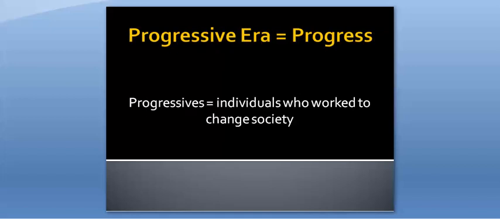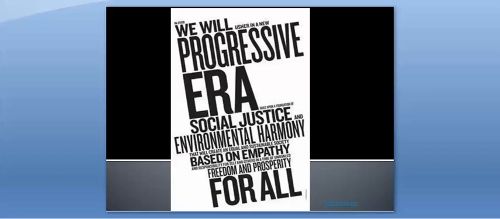So let's get started. The Progressive Era is called the Progressive Era because it's a time period where many different groups were attempting to help the country and society progress. They wanted to move forward and make life better. Some of their ideas worked really well, and, well, we still use those today. Some not so much. But all of the people who worked to change things were known as progressives. Whether or not they were successful, they were trying to fix the problems they saw in the world that they lived in.